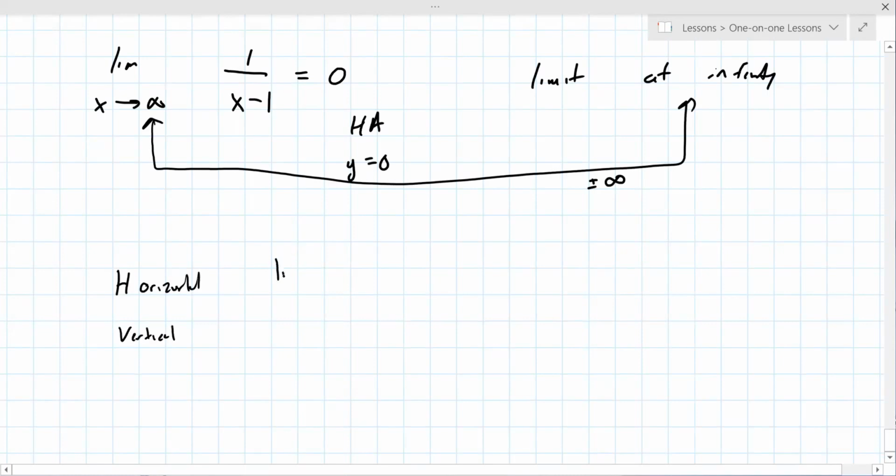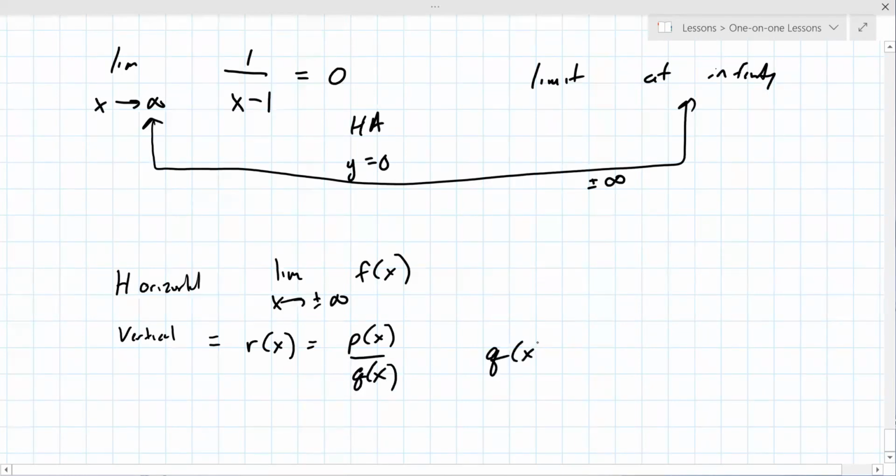So the horizontal asymptote is the limit as x approaches plus or minus infinity of f of x. The vertical asymptotes only occur in a rational function. A rational function is defined as p of x over q of x, and it's defined where q of x does not equal 0, if p of x divided by q of x does not divide, meaning no common factors. Because if it divides,